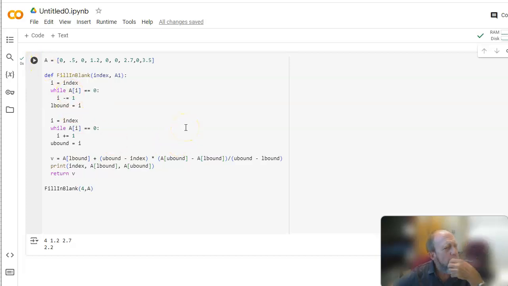So, okay, so what we've seen here is that the numbers that are coming back from that print statement, the index is 4, this is the 1.2, which is the 3, this is the 2.7, which is the 6. Those are what we expect them to be. So A of U bound minus A of L bound, those actually make sense. So that looks okay. U bound minus L bound, well, that we know, we saw what those were. That was the 6 and the 3. So this is 6 minus 3. This is going to be,